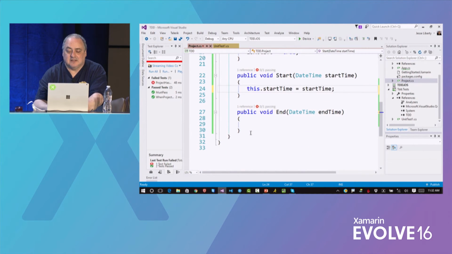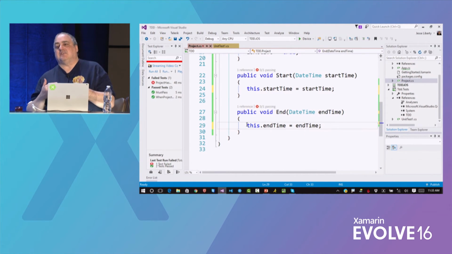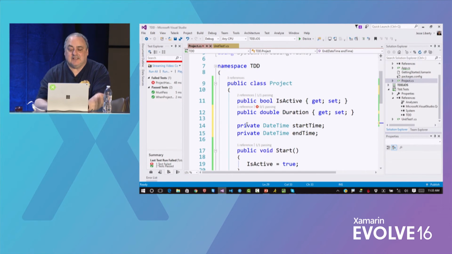And for the end, I set this dot end time equal end time. All right, I've now captured the start time and end time that was passed into me. All I need to do is set my duration. And I could, in my duration, call a method, but this is simple enough that what I'm going to do,